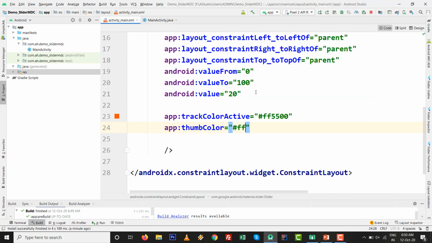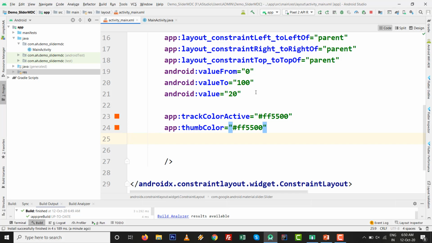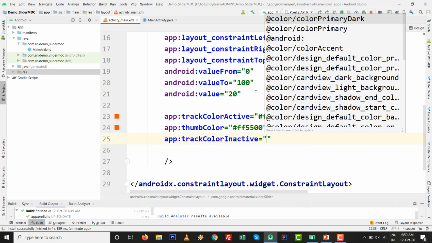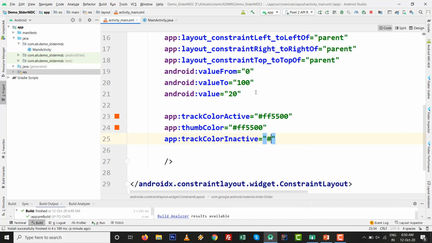Likewise android:thumbColor, the same color FF5500, and the inactive color is lighter than the active color, so the transparency will be a little bit lower, FBB999, and press Shift+F10.